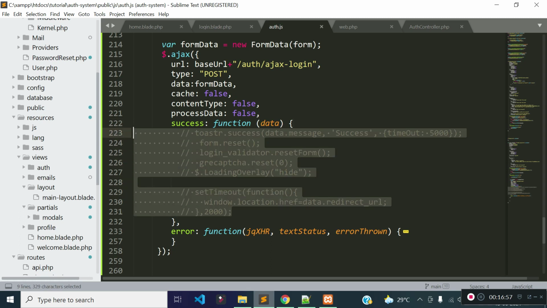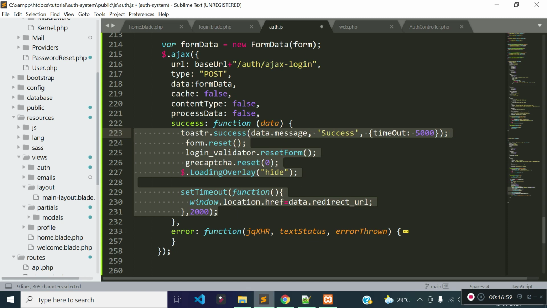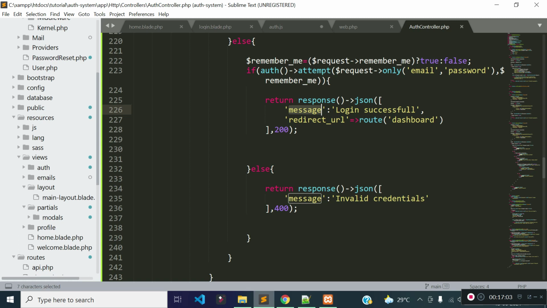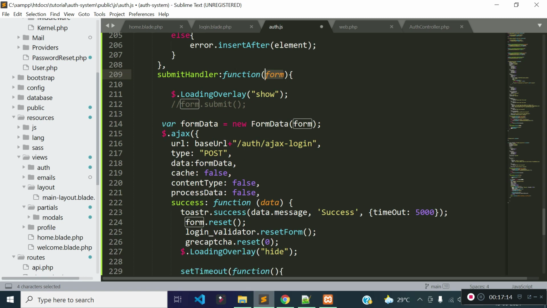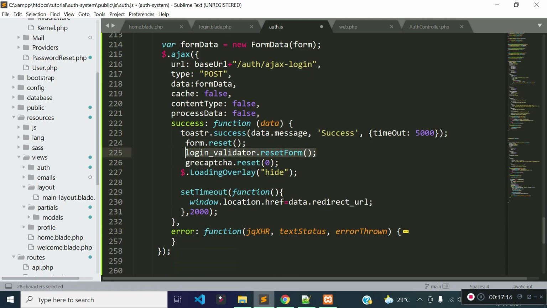Then what I will do, I will show a message which we are getting from the server. You see, we are returning a message here, right? So I am displaying the message in a toaster, and then I am resetting the form, this form, and I am also resetting the login validator.